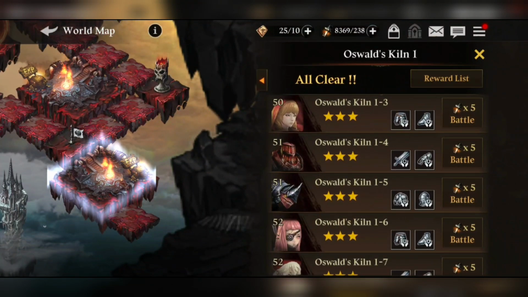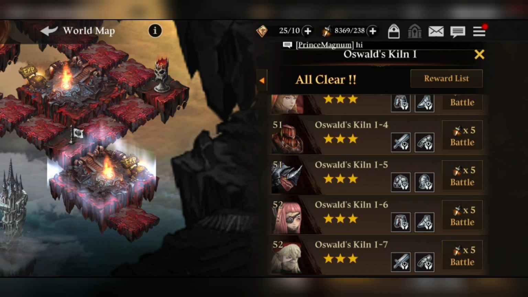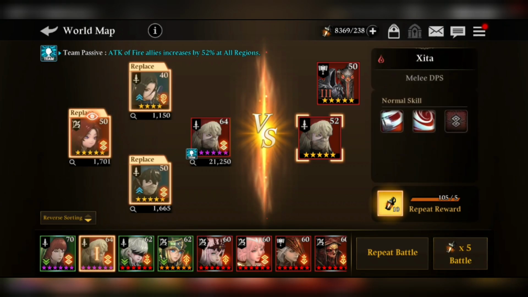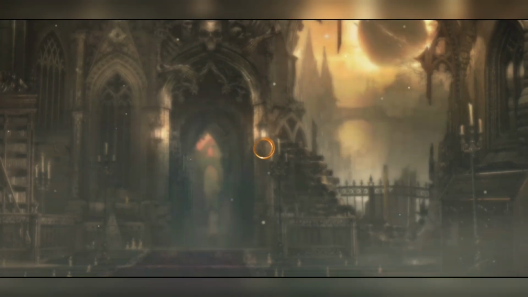It's called Oswald's Kiln 1. And right over here in Oswald's Kiln 1-7, you can actually get him, and that's our Fire Xita, and I myself am farming him. Right now this is my main favorite spot for farming. As you can see, my main farmer is the Fire Xita, level 64 with the second stage transcendence. I really want to take him to the third stage transcendence, and you can see